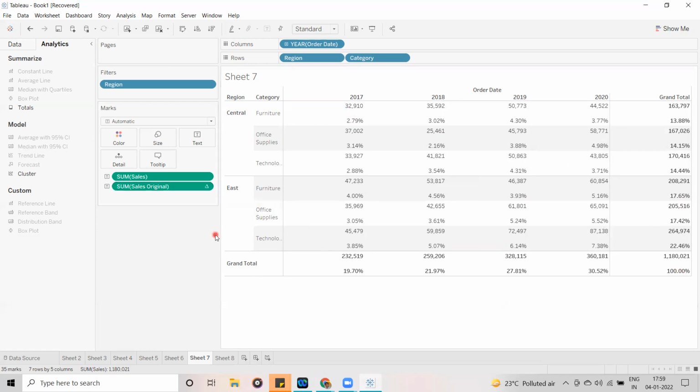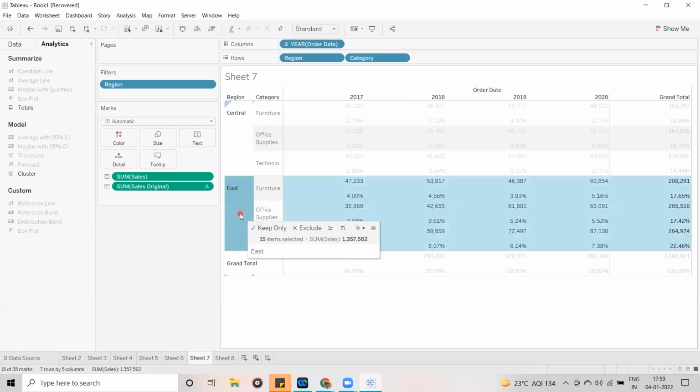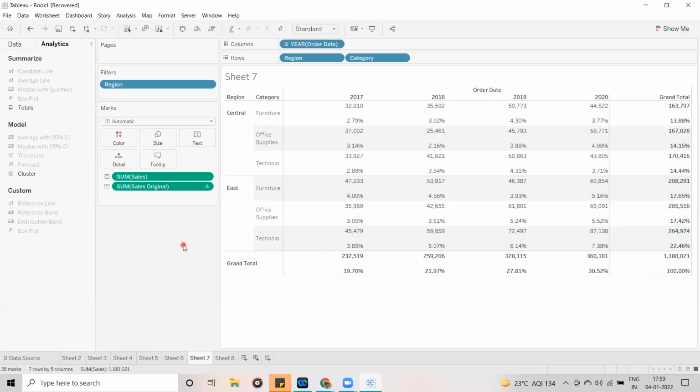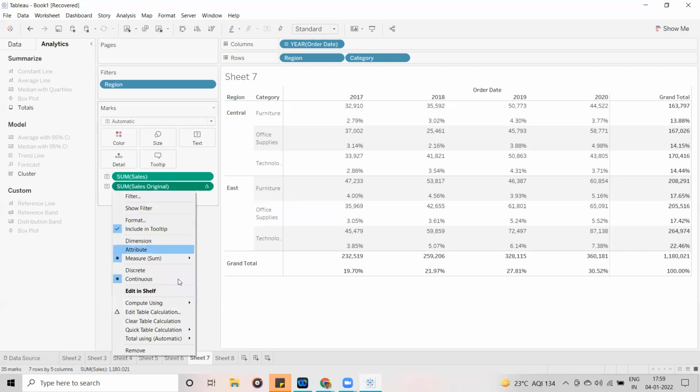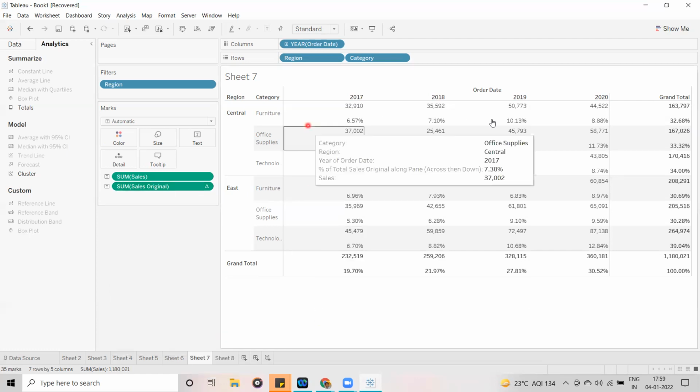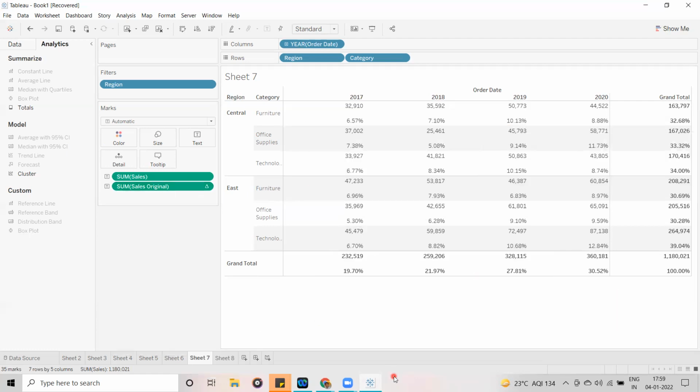Now I want to calculate the percentage based on each region, to know how each category is performing in each year. So I am going to click on compute using, then use Pane. Just click Pane. Now you can see here it is showing 100%.